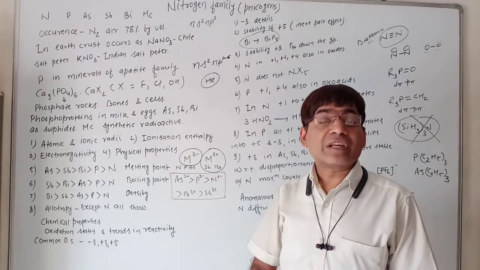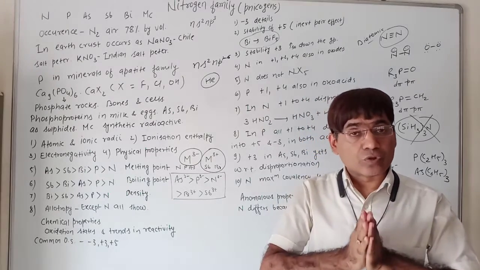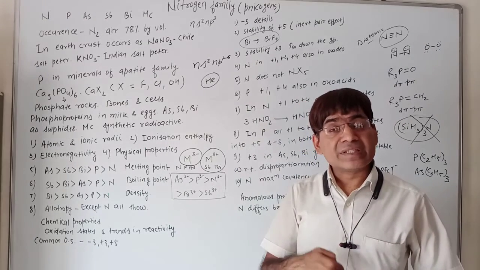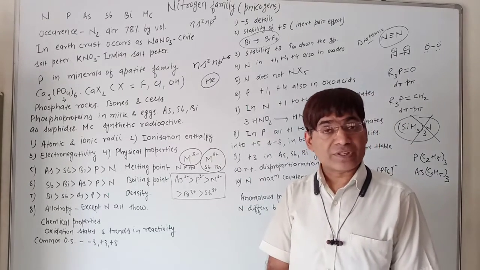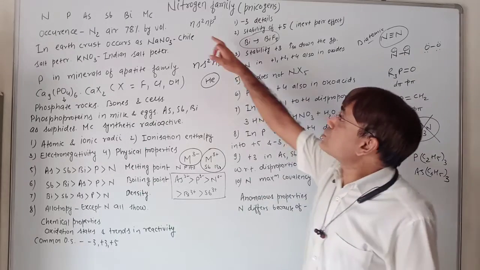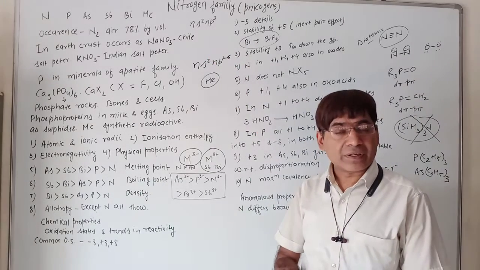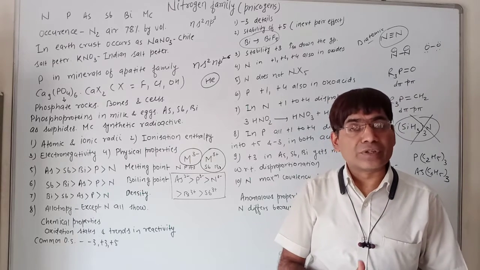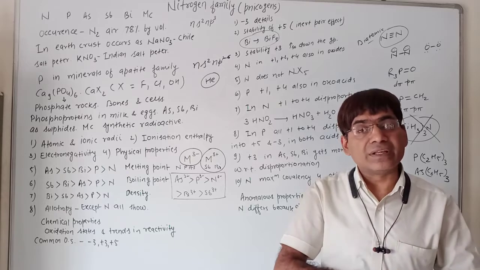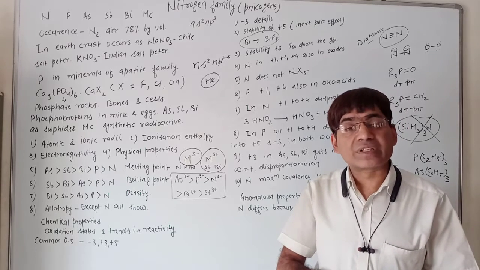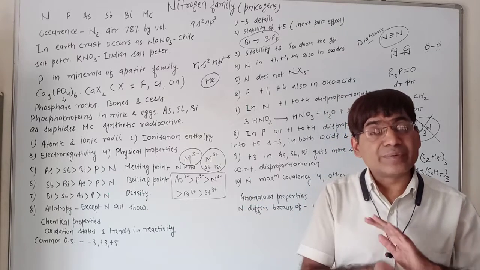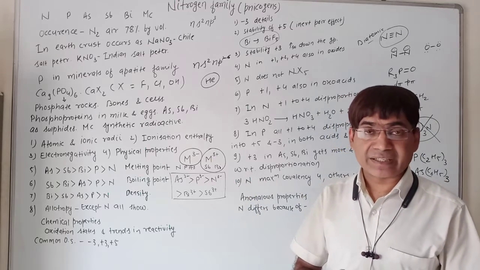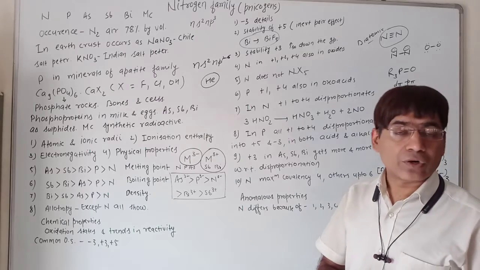Fine. In P block elements, as we move down in the group, the valence shell s electron pair becomes increasingly inert towards bond formation. This inertness of the valence shell electron pair only is known as the inert pair effect. So the tendency to show the inert pair effect increases down in a group. Bismuth, the last element of this group, shows the inert pair effect to the maximum extent. Details of it we have studied already.